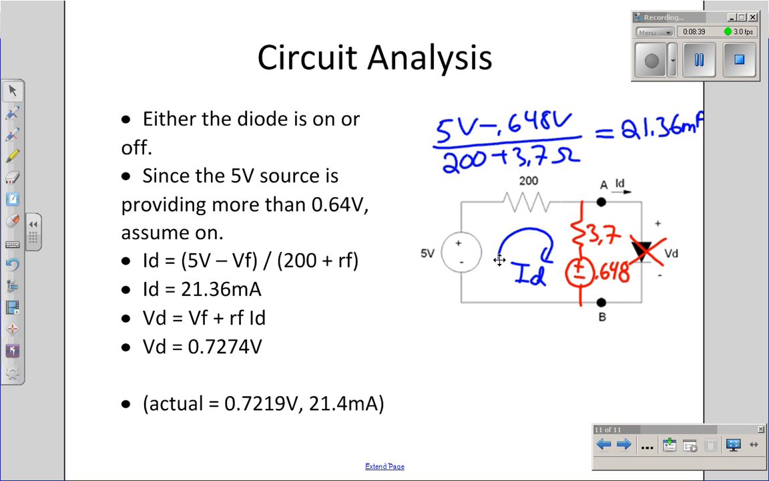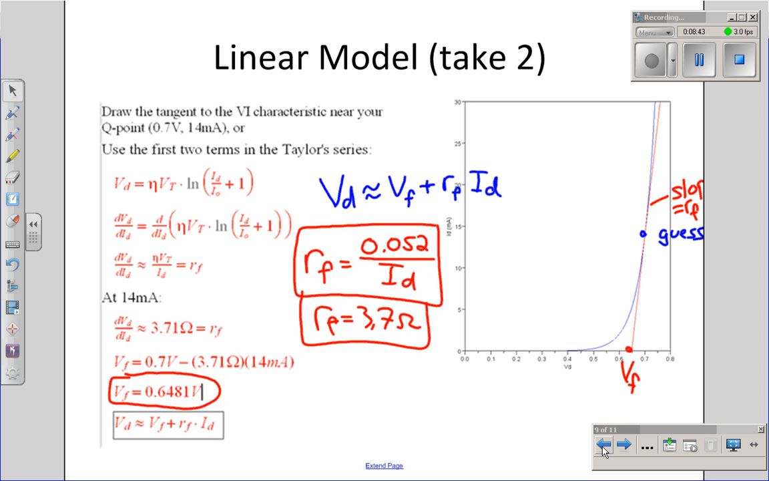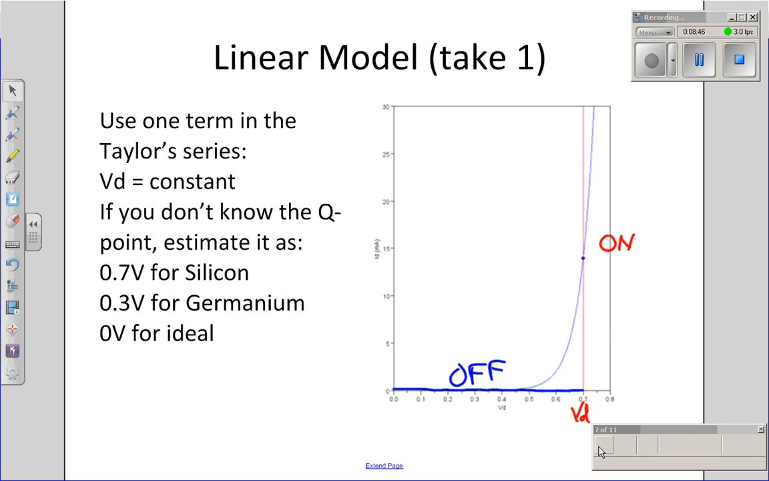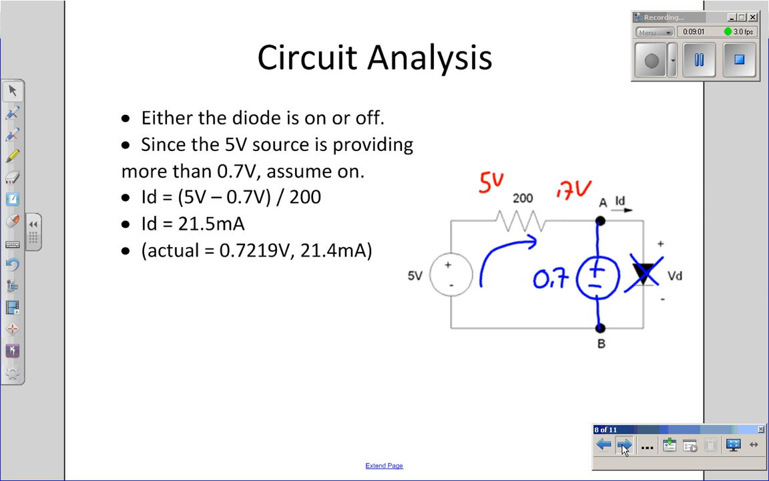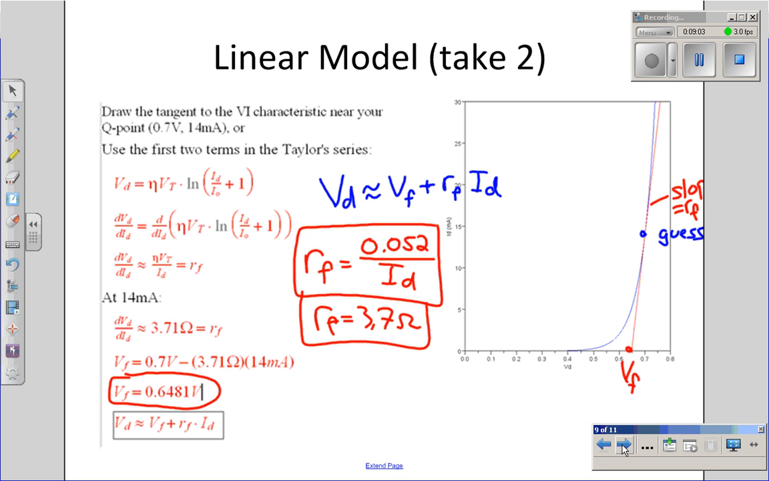Now the reason you'd use these two different models: if I just want to find the operating point, the Q point for a circuit, oftentimes I just use the single term, a 0.7 volt constant for the diode. That's usually accurate enough to find out what my current is through the diode. Once I know the current, if I have an AC circuit, I can use the operating point, the current, to find the resistance, the slope at that point. The slope is oftentimes useful